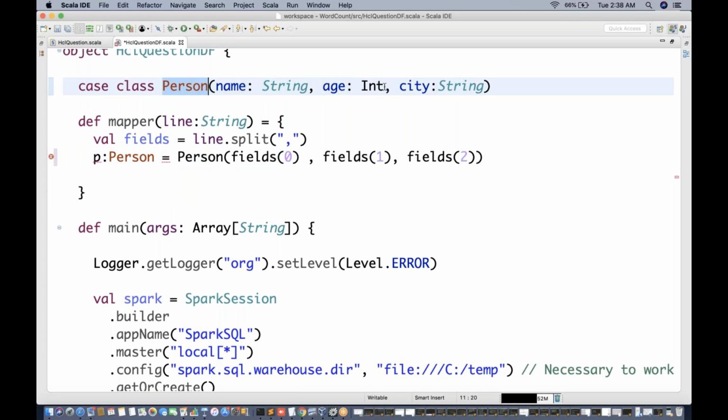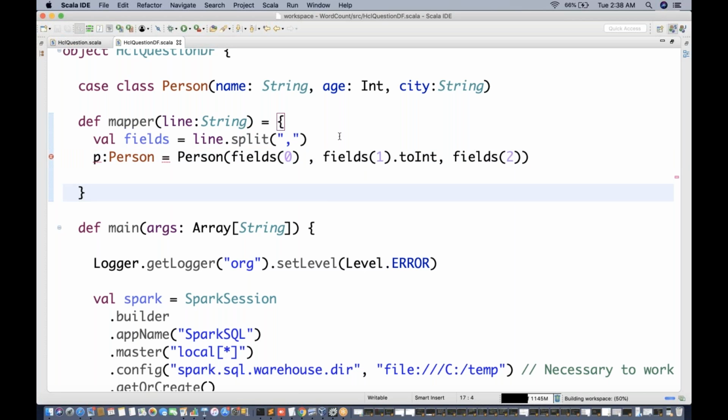Case class person, name, age, city, and this is of int type. So fields of 1 dot 2 int, fields, fine.